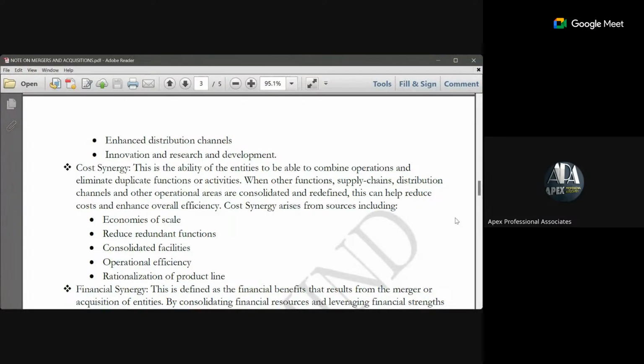of acquisition. We also have consolidated facilities. Say for instance now, company A has 2 facilities, company B has only 1. So when they combine their activities together, it is easy for them to shovel their staffs between the businesses, and company A that has 1 will not need to buy another facility. They can make use of their facilities together. They can bring together their assets, because I explained earlier that